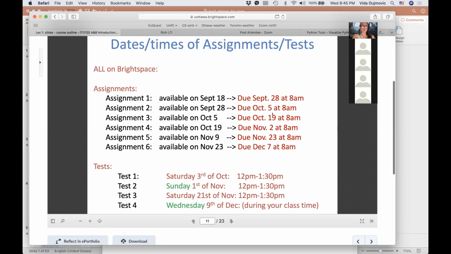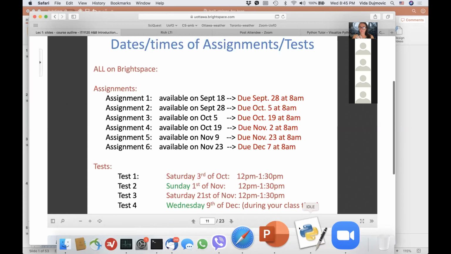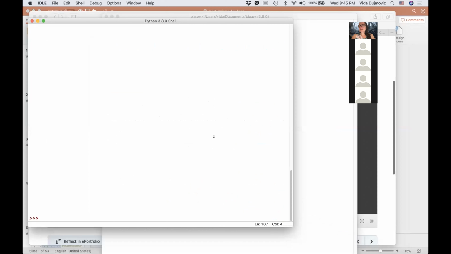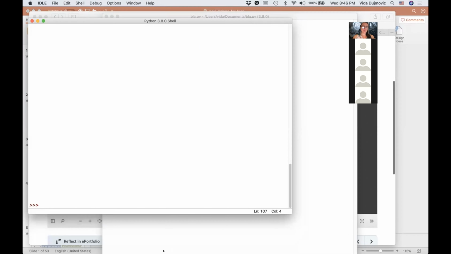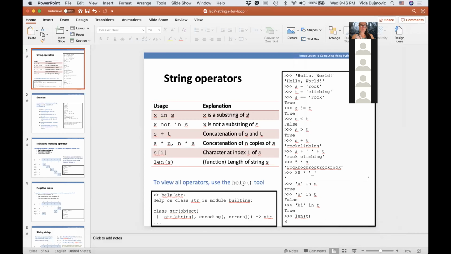Okay, so let's start with the lecture today. The plan for today is to complete our knowledge about what you can do with strings as a data type, and then learn about loops, a particular type of loop, looping over the characters of a string. Let's go to the Python shell, because at the beginning I just want to tell you a few more things about strings. In fact, I lied, let's go with a few slides to remember what we saw last time.